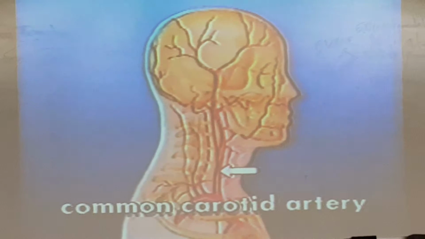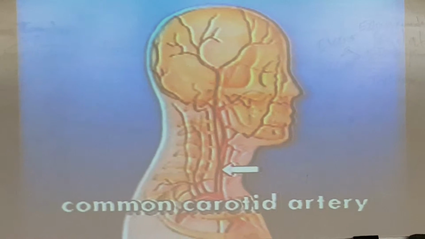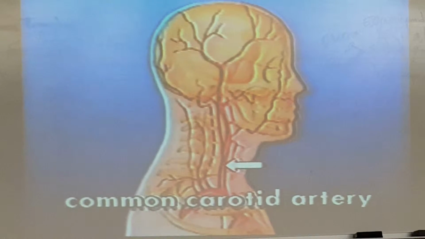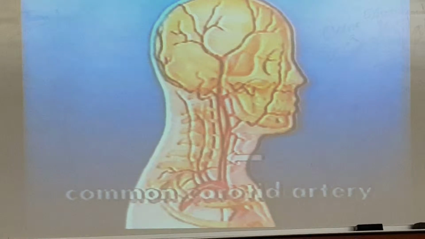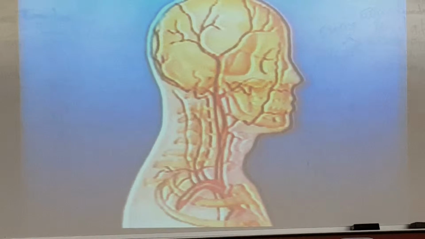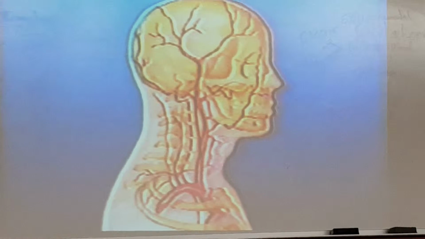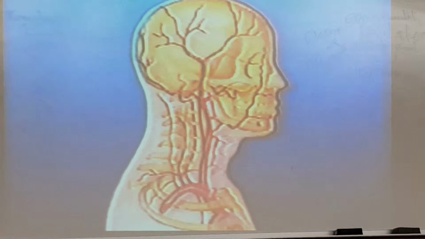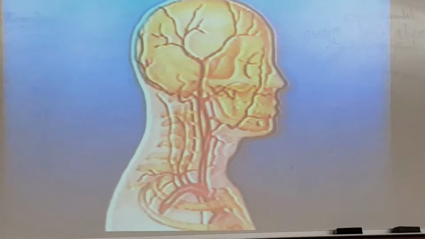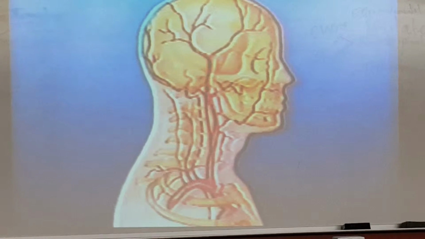The common carotid artery and its major branches can be seen in this illustration of the arteries of the right side of the head and neck. As previously shown on our specimen, the origins of the right and left common carotid arteries are different, but their courses through the neck region are the same. Each common carotid artery ascends in the neck without branching